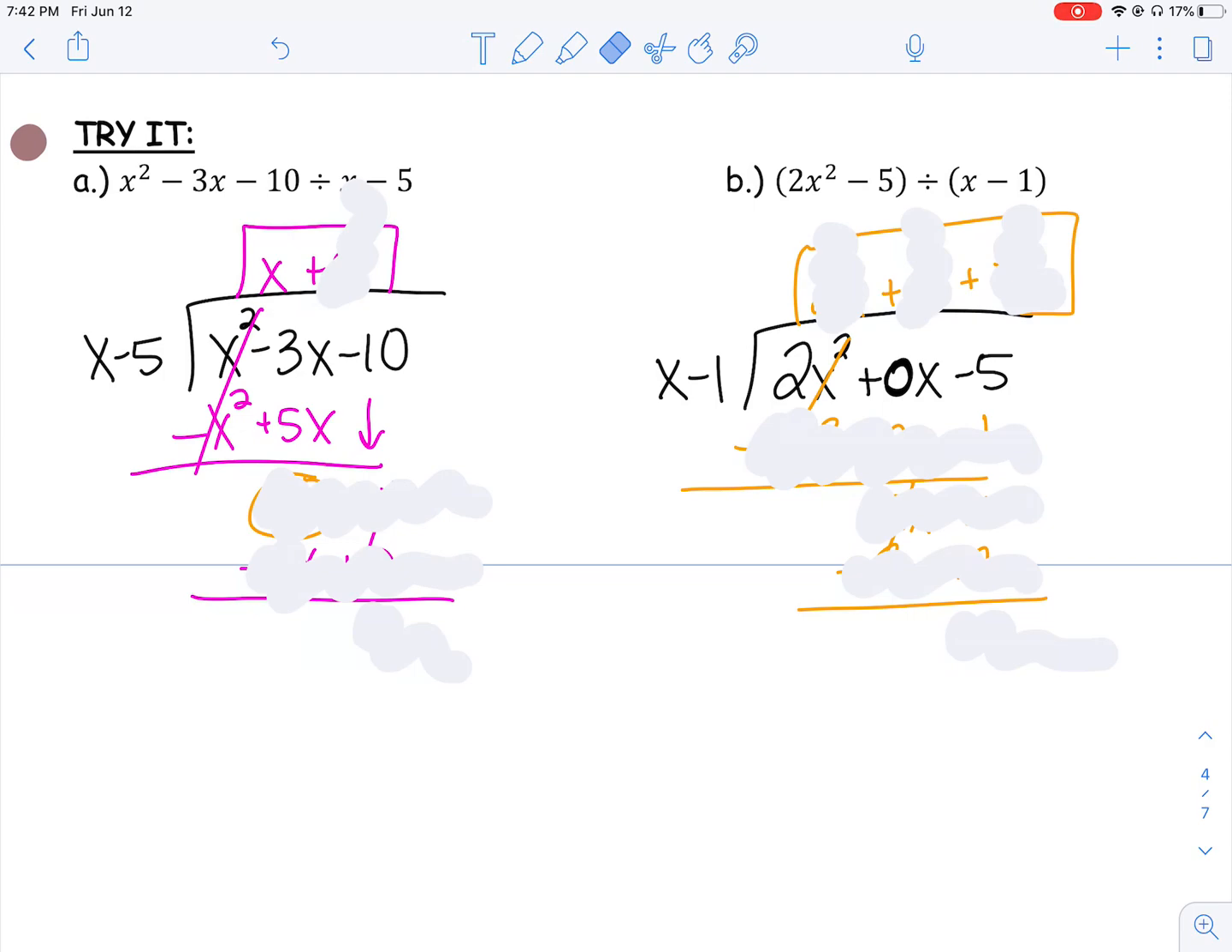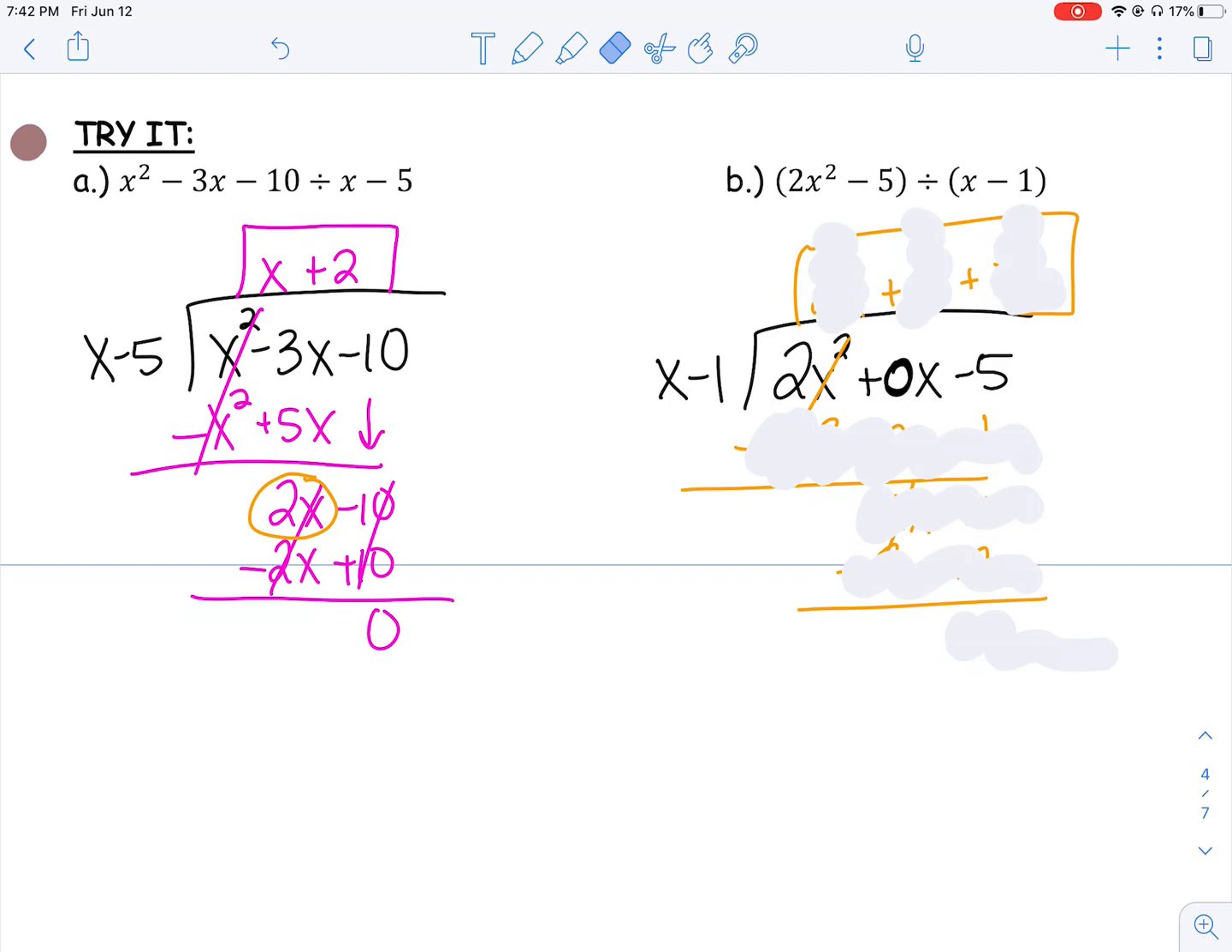My x squared and negative x squared cancel. Negative 3x plus 5x is 2x. I'm going to bring down my negative 10. And then I'm going to do it again. How many times does x go into 2x? Well, I get positive 2. Let's distribute it through. 2 times x is 2x, and 2 times negative 5 is negative 10. But then I'm going to change my signs, so my 2x changes to negative, and my 10 changes to positive. My 2x and negative 2x cancel. My negative 10 and positive 10 also cancel, so I have no remainder, and so my final answer is just